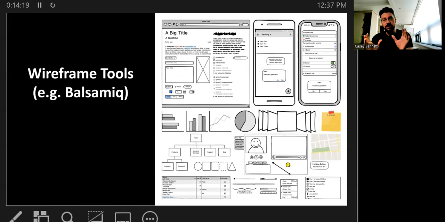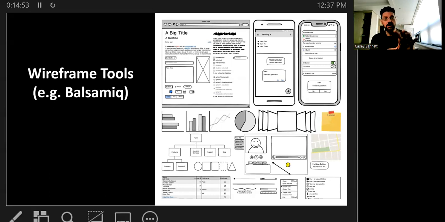This is very commonly used in human computer interaction, HCI, or also in my field, human robot interaction, which is mostly what I do. So we often create these sketches, wireframes, different types of tools, and they're pretty cool. One of my favorite ones is Balsamiq. But there are a bunch of these, actually dozens. You can Google search online for wireframe tools, but I think Balsamiq's a pretty cool one, but you can pick your favorite one, whatever you want.